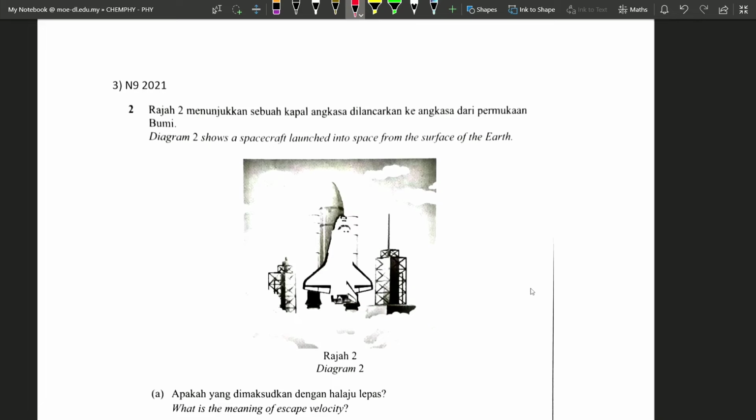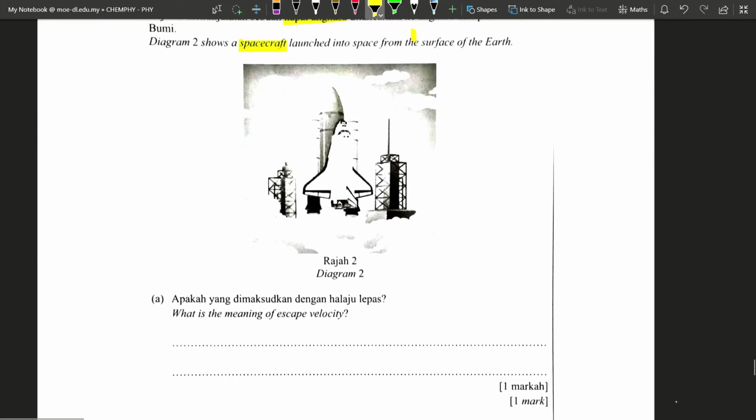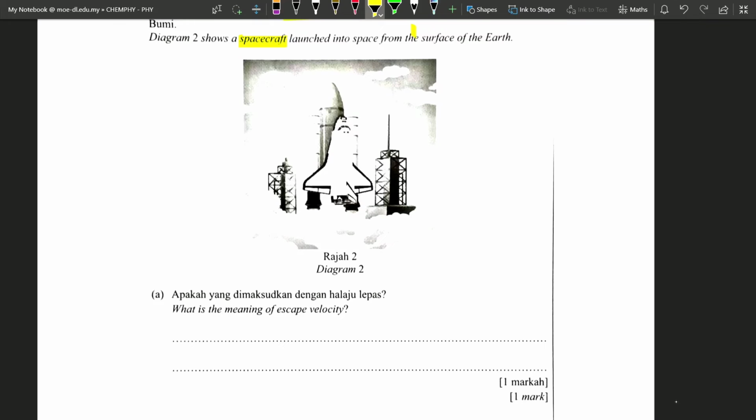Okay, last question from Negeri Sembilan 2021. Diagram 2 shows a spacecraft launched into space from the surface of the Earth. So kita ada satu kapal angkasa dilancarkan ke angkasa dari permukaan bumi. So soalan A, what is the meaning of escape velocity? Apakah maksud halaju lepas? So halaju lepas, your escape velocity is the minimum velocity